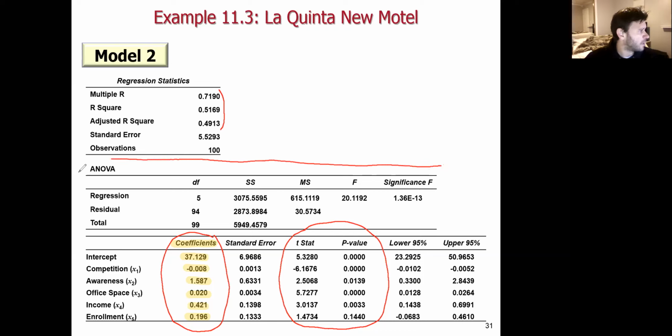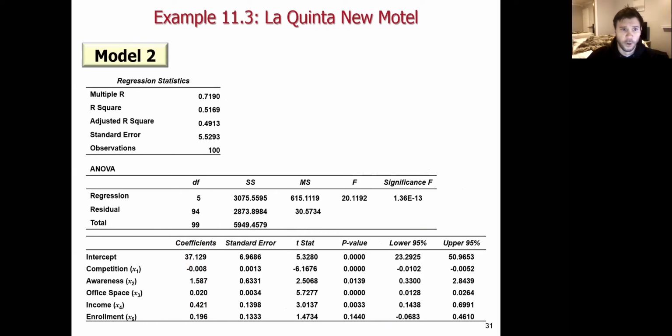Okay, so we're going to go ahead and talk about these values in a moment. We'll discuss the output of this ANOVA table, which stands for analysis of variance, momentarily. But again, for now, if I want to describe that regression model, it's really this first highlighted column of coefficients that we would need to do this. Okay, so moving forward,